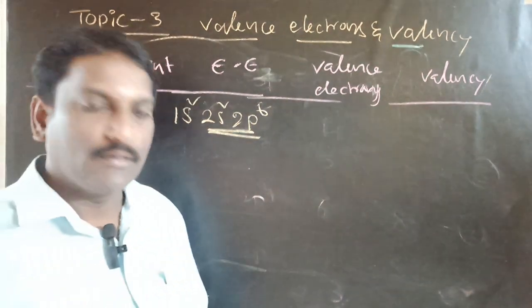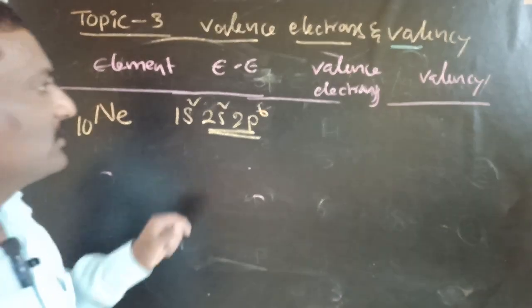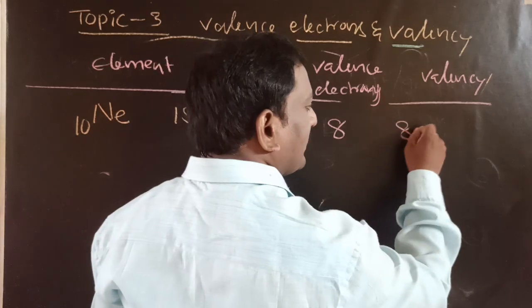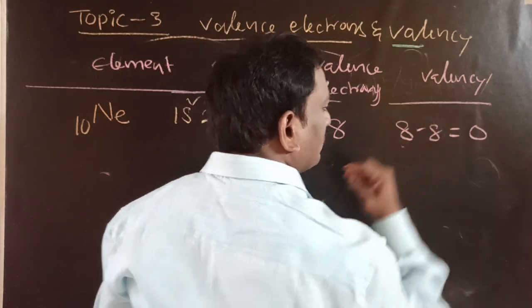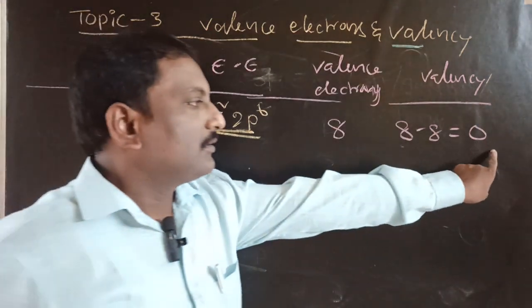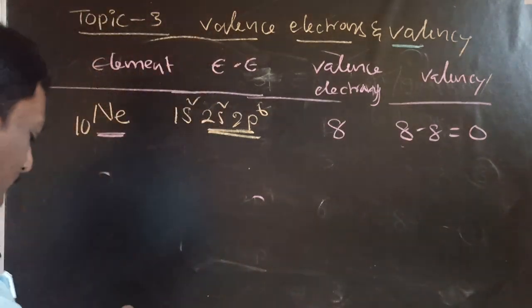So the second shell will be the valence shell and 8 electrons are there. Number of valence electrons 8. The formula 8 minus valence electrons, 8 minus 8, 0. That means neon is a noble gas, so the valence will be 0. Next,